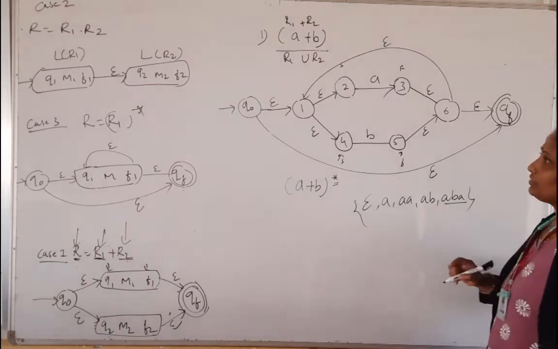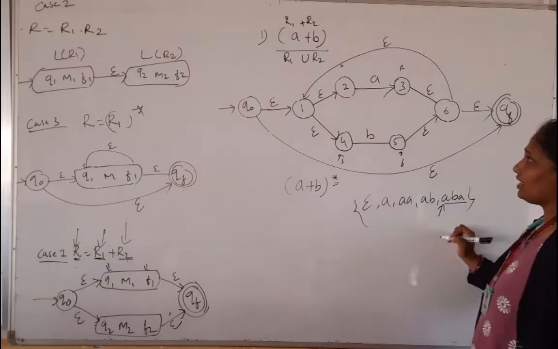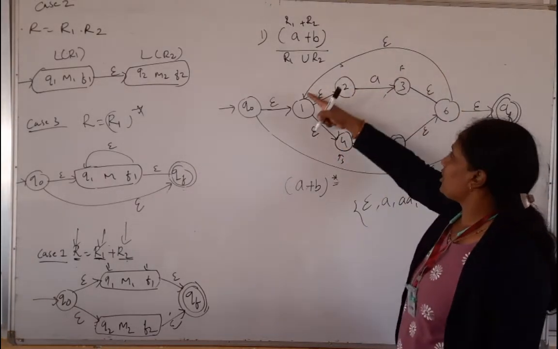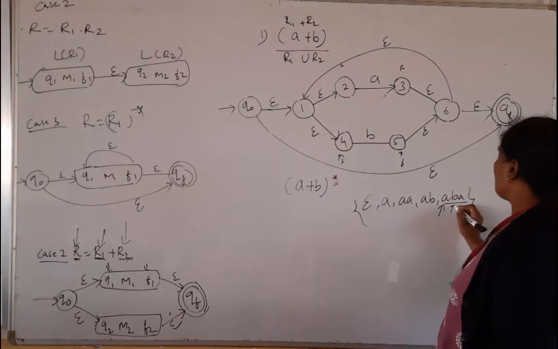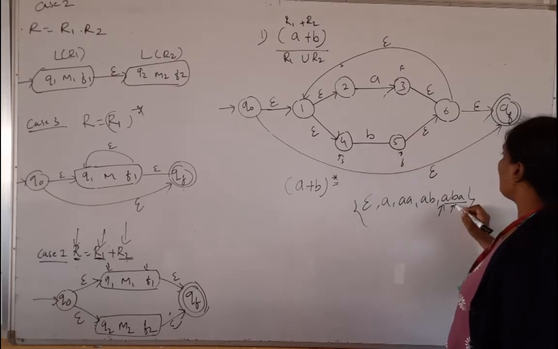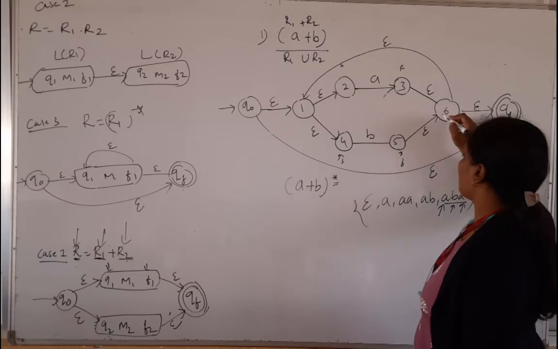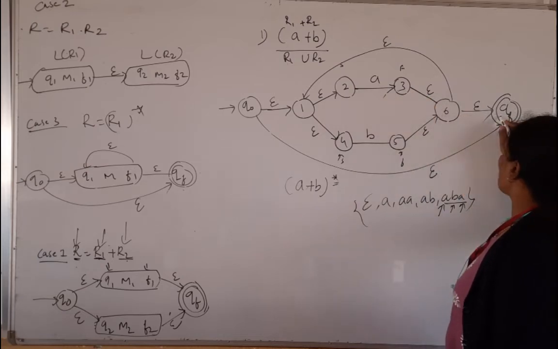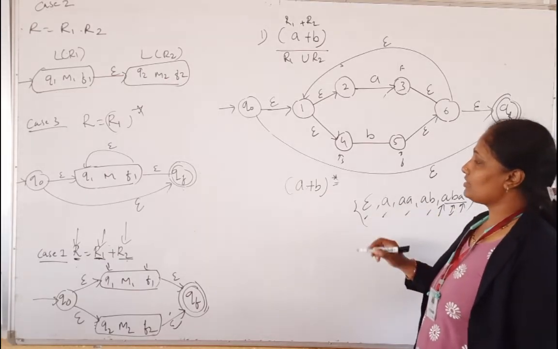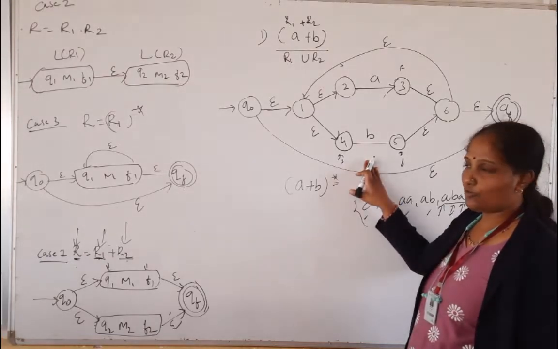When A, B, A come, then it will move from Q0 to 1. So the first input symbol is A, it will accept that by using this path. After that, using this epsilon symbol, it will move back. Then, to accept the next input symbol, it will choose this path. So it will accept B. After that, again it will move back and it will accept A by choosing this path. So once this is over, using epsilon transition, it will move to the final state. So all these are the valid strings for the given regular expression, and this is the related machine for that.